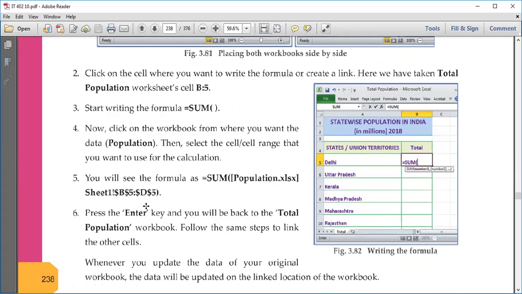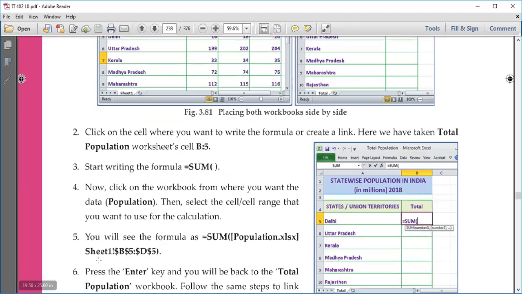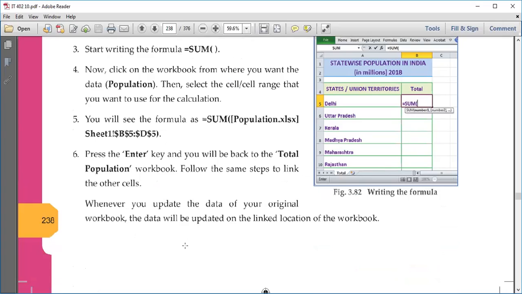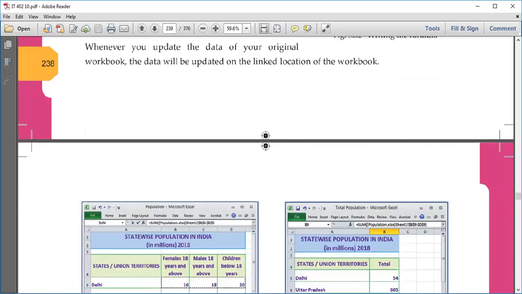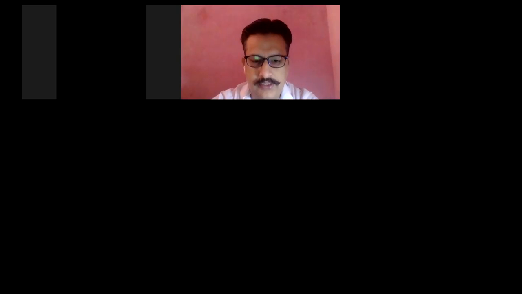You close that bracket. Or the second way is you just click on this equal to, click on sum, open bracket, then straight away open up your second file, select these cells and press enter at the last. When you press enter, automatically this thing will come. Population.xlsx or sheet 1, जो भी है वो अपने आप pick कर लेगा, right? So this is how we can use the values present in one sheet in another sheet. Fine. So let's see this in Excel also.